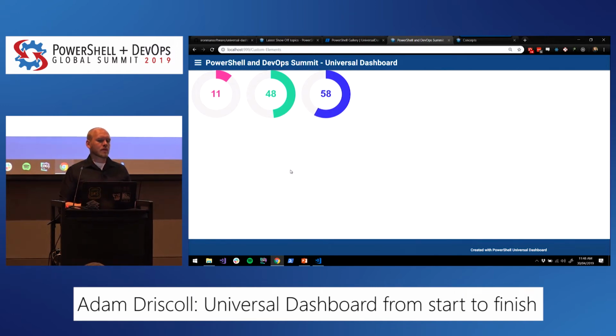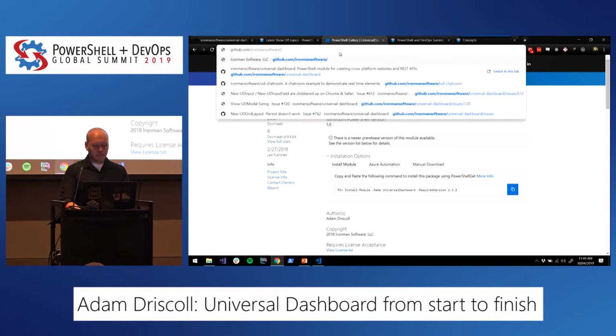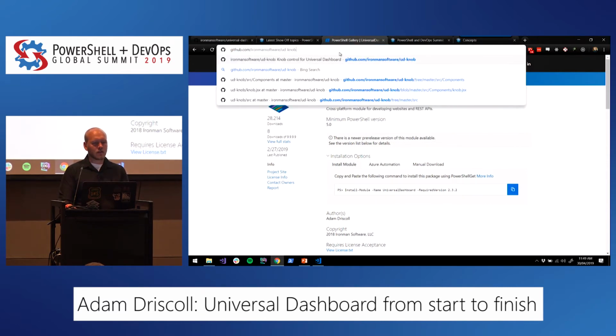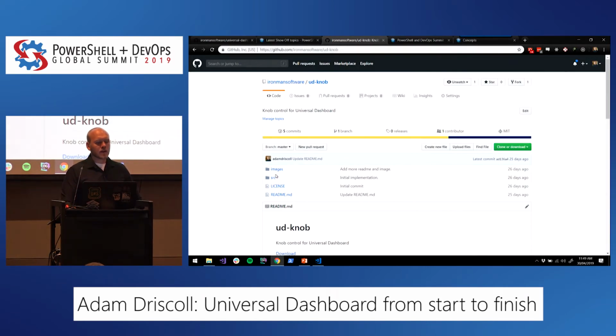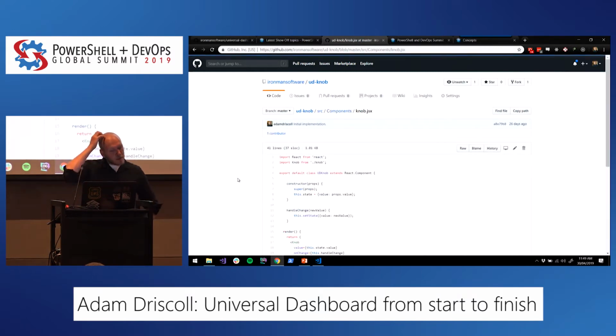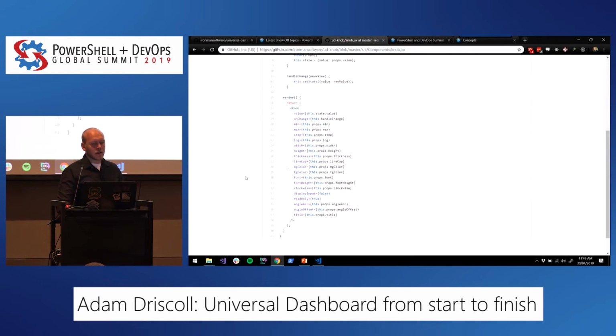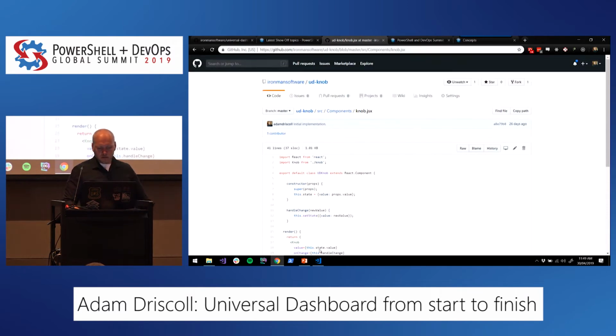What's cool is if you go out and look at the JavaScript that's involved here, it's not that much, because you can bring in these React components pretty easily, and then you end up with just a light wrapper around something like this knob component. It pretty much passes all these properties from PowerShell all the way to JavaScript, and Universal Dashboard takes care of all that piping. So if you really want to nerd out in some JavaScript,